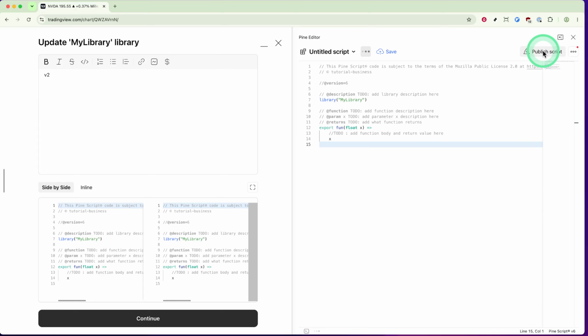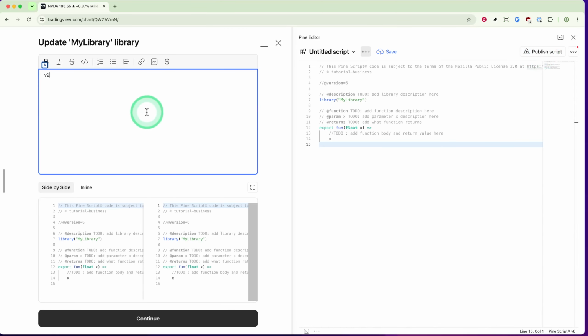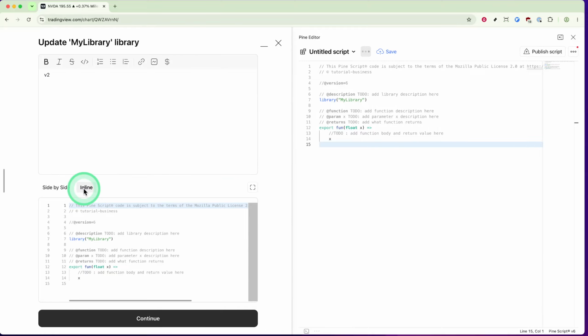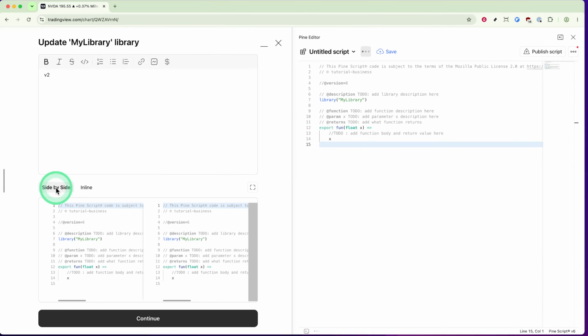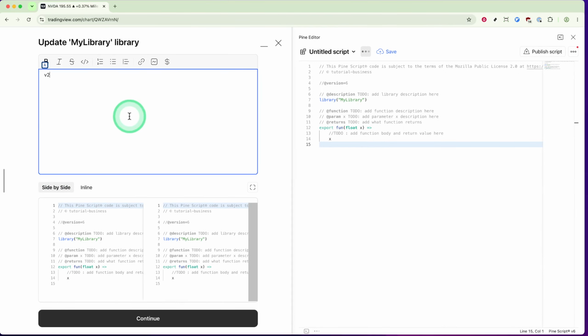Now that the script is prepped, you'll want to add your indicator to the chart. To do this, click the Add to Chart button. This step is critical because it allows you to test your script directly on the chart to see how it performs in a live environment. If you notice any issues at this stage, you can always return to the Pine Editor, make further adjustments, and repeat the process. When you're satisfied with how your script functions, go ahead and click Publish Indicator again to continue